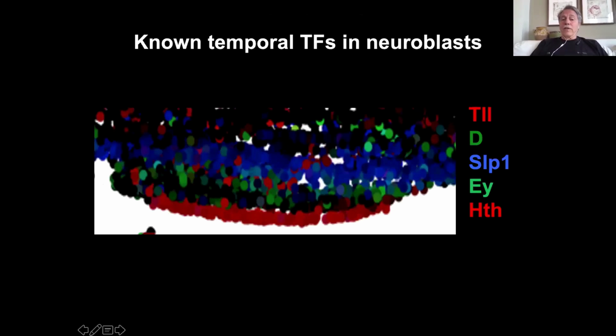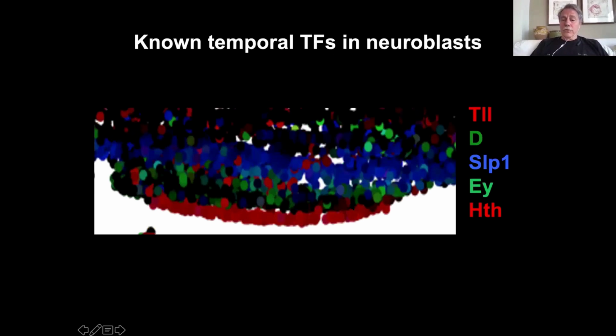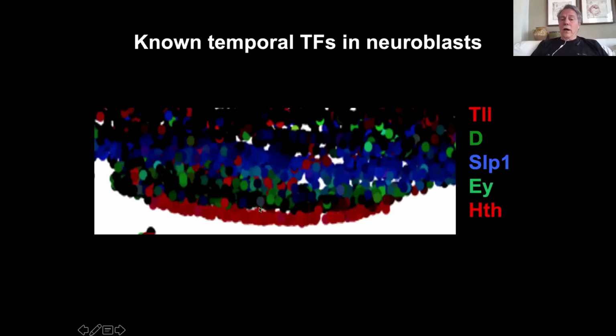The temporal series I told you before, homothorax, islets, lobiped, dactyteles, is reflected by the pseudotimes that you have in the single cell sequencing here. Okay, and you can see here, I can note all the staining. So now we can see that we have all the known transcription factors, but what happens in between? Can we identify more transcription factors which are in between?